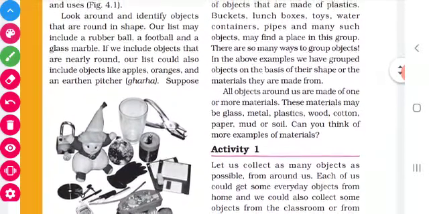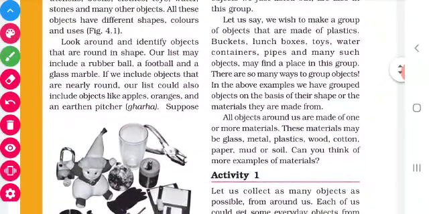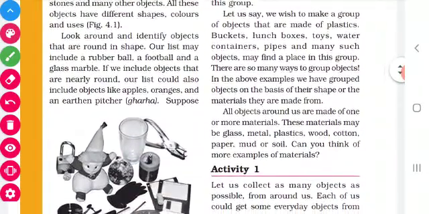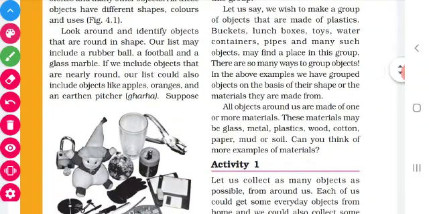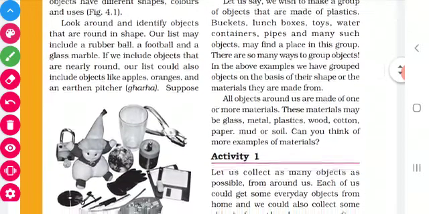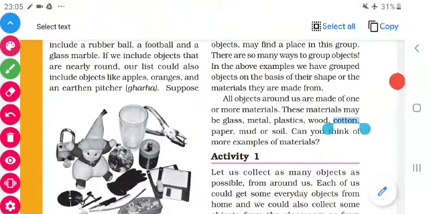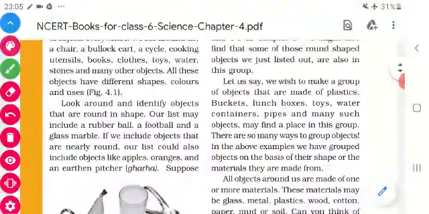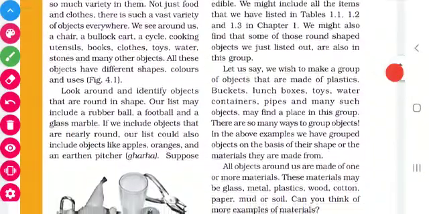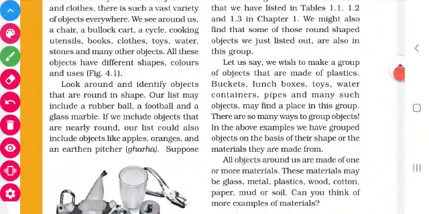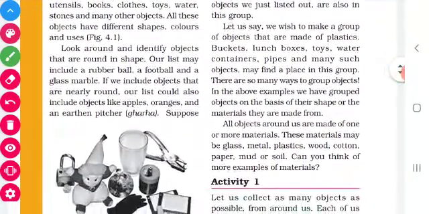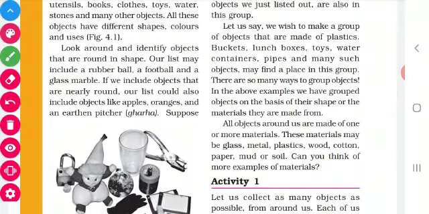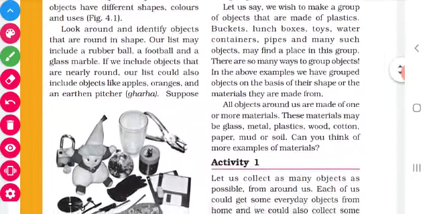Now I am telling you to arrange only the rectangular shaped things. So in the plastics you have to sort out the materials that are rectangular in shape. You will leave the bucket because it is not rectangular in shape, isn't it? Then you will leave the toys which are not rectangular in shape. Then you will leave the water containers and pipes, and you will take the lunch box which is rectangular in shape, and toys which are rectangular in shape, isn't it? Yes.